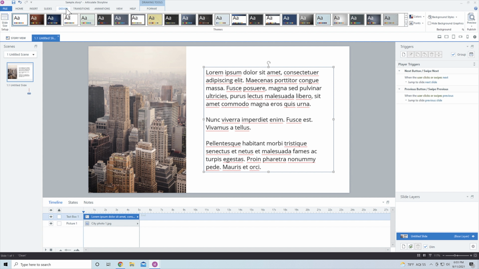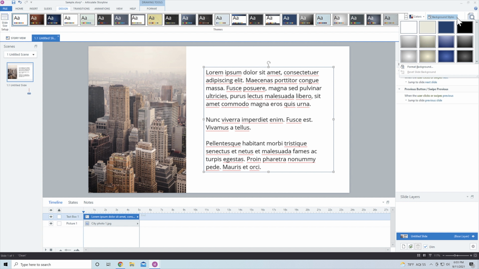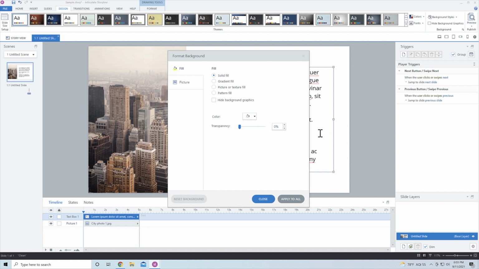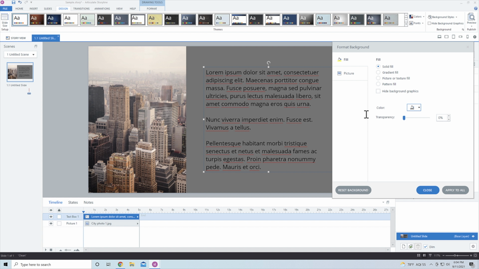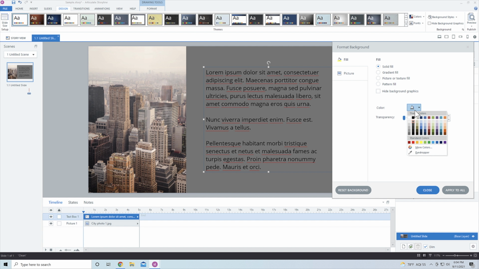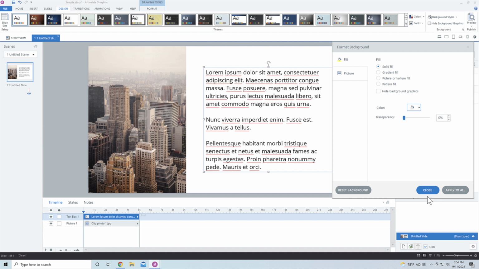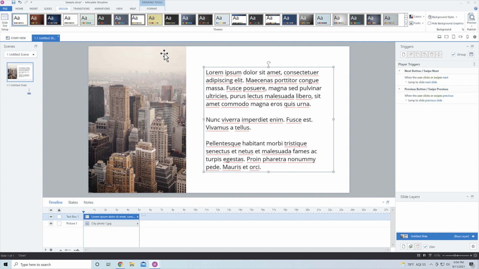Well, actually, let's go into the Design tab and let's go to Background Styles, and then we can click on Format Background. Now, if we go to Format Background, we can either do a Gradients fill or a solid fill, and we could just go ahead and change the background color, which could be like a light blue or something like that. I mean, you probably don't want to get too crazy here. And if it's a dark color, make sure that you change your text color to white so it pops out a little bit more there as well. So that's one thing you can do, is maybe just have your image fill the entire screen.